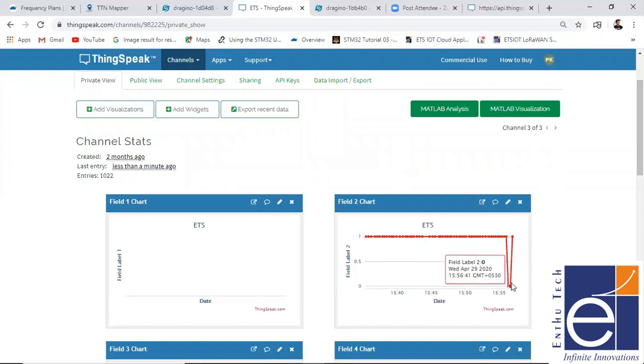Now you can see that. So I just removed my hand from the IR sensor. Now you can see it gradually increases to the previous state of one. Okay. So likewise, it will work.